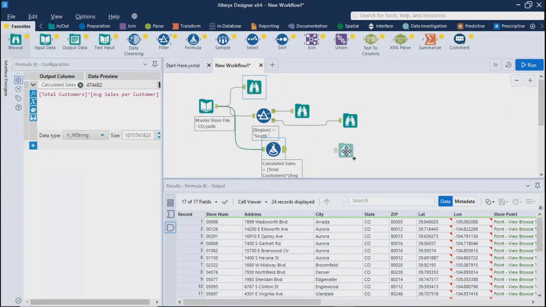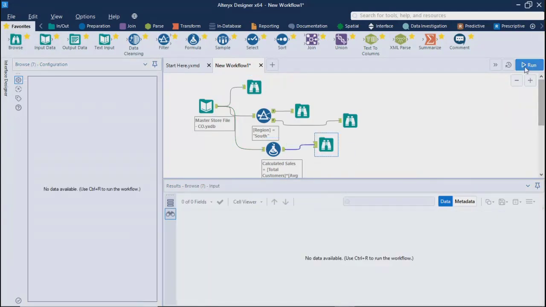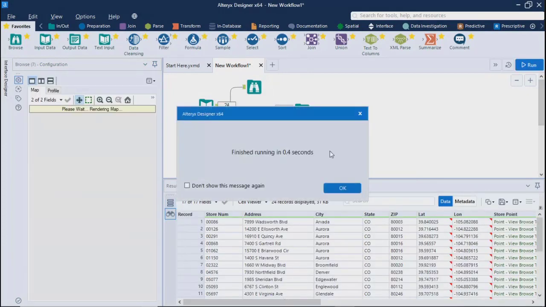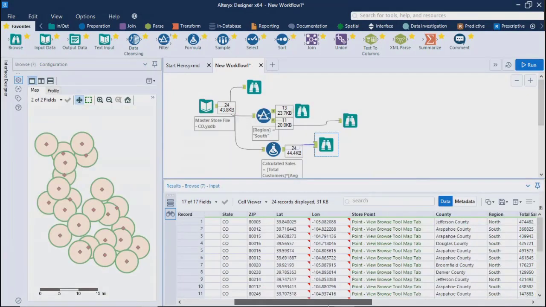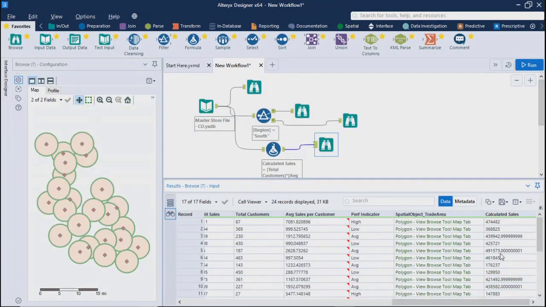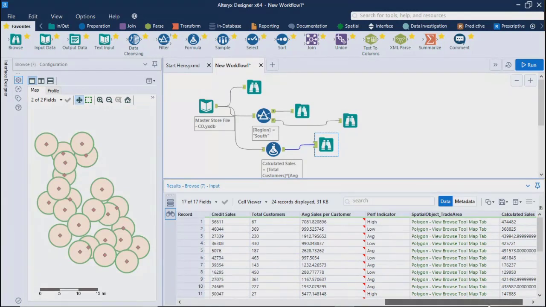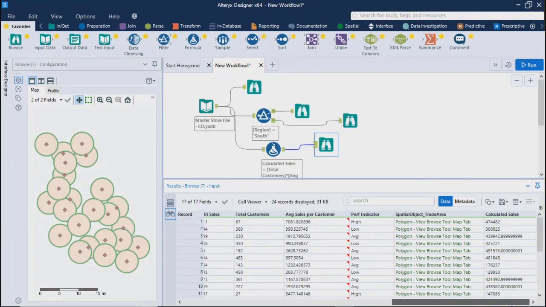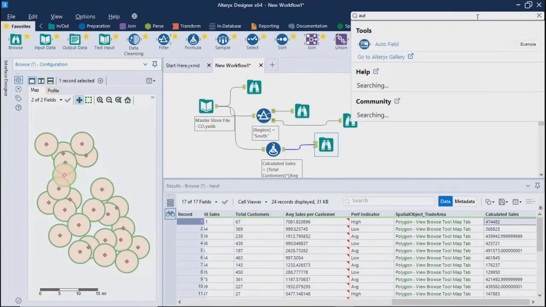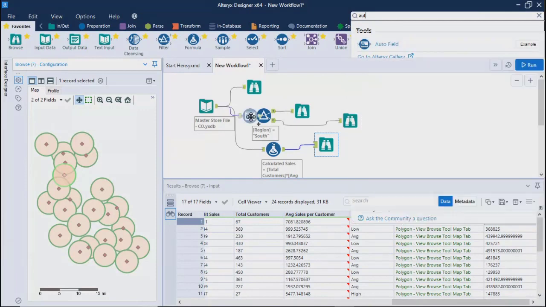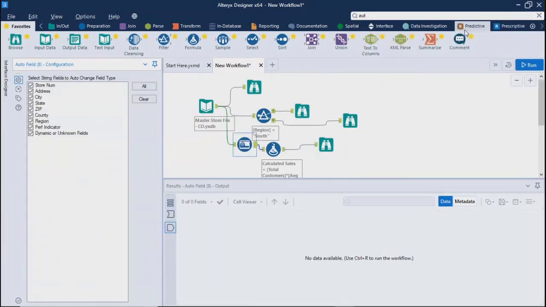Let me put a browse after this, then you will get the result. So this is the field we just added. It is automatically coming in as W string. You can convert this if you use auto field here. It will automatically convert it into the appropriate fields or data types.